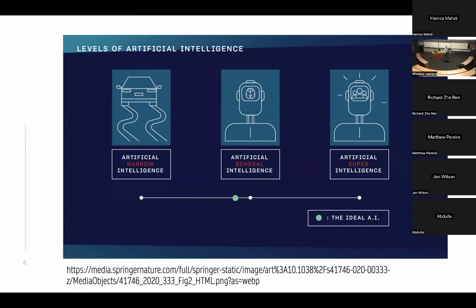So, you can classify AI into different levels. What we have currently, pretty much all AIs that we have right now, are narrow AIs. You can see it on the left. For example, a self-driving car, that's an AI built for a very specific purpose. Even if it's really good, we still call it narrow AI, just because if you take this car and put it somewhere else, it's not going to be able to learn how to read medical images for you.